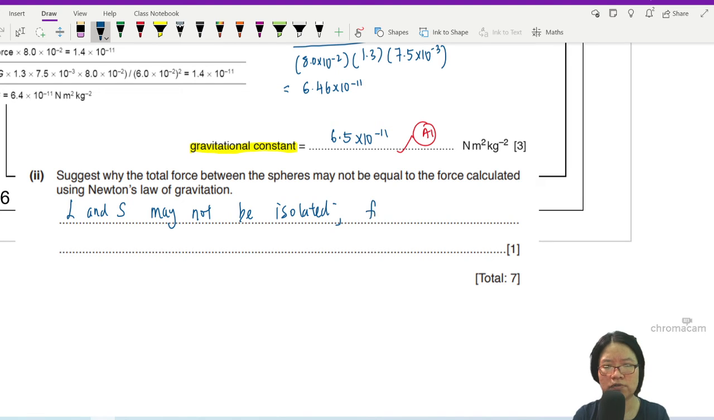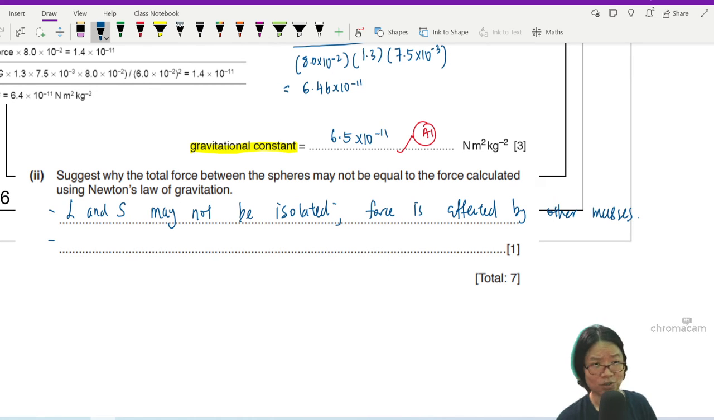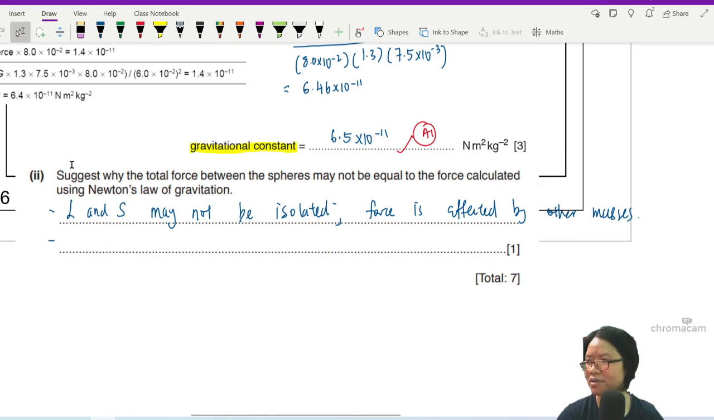So the force is affected by other masses between, whatever you take and measure. Even if you are not in the lab, you are in a lab, right? The lab has mass, the wall has mass, everything has mass. So it's kind of sus. Okay? So another thing that you can say is, because you don't know the material,